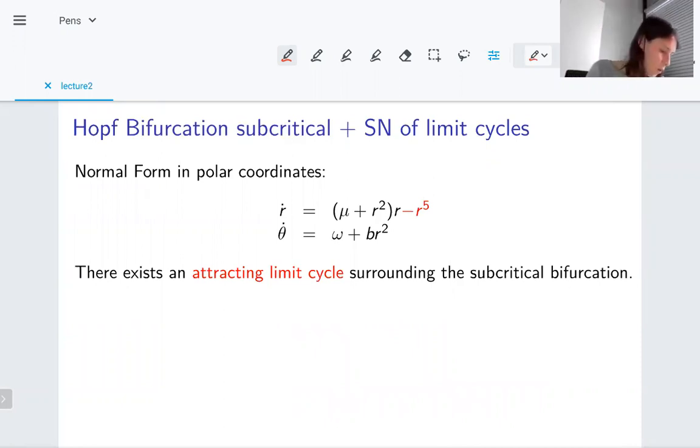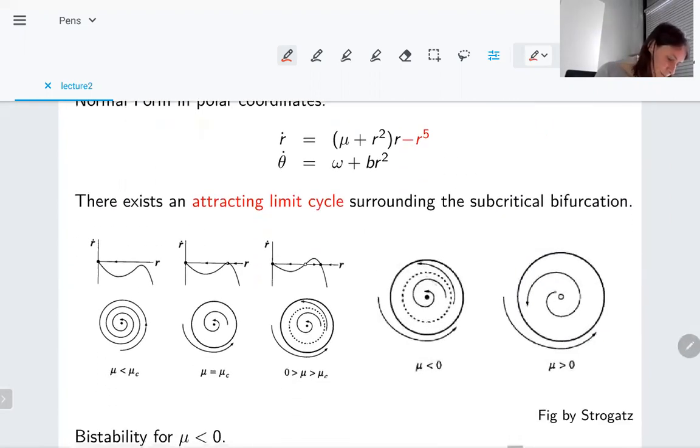What is this? Well, if you take the same system as before for the subcritical Hopf, and we add this term here that I marked in red, and you do the exercise of looking at the zeros of this function f of r, okay? What we're going to see is the following: for mu equal to 0, we are going to have the Hopf bifurcation that I just discussed. But before, there's going to be a value of the parameter that I'm going to call mu critical, for which, for values of mu smaller than this mu critical,